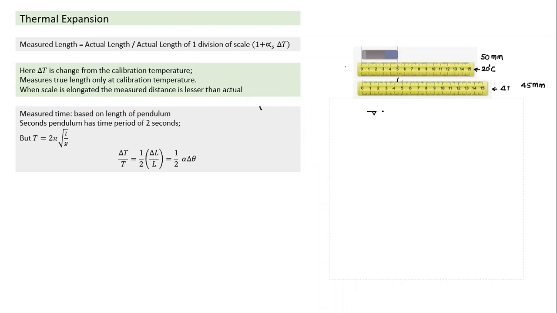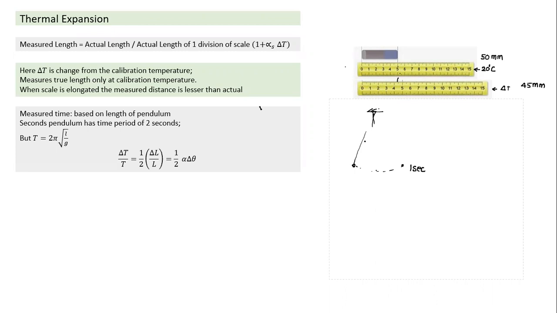Sometimes in questions they may use the wording of just pendulum. Any pendulum is something like this, and a pendulum has a particular time period. In some old watches, you may see a pendulum kind of thing. A second pendulum has a time period of 2 seconds. It means from one extreme to the other extreme, it takes 1 second. For one swing, 1 second; one side 1 second, other side 1 second. So how do you measure time? Each half swing is 1 second, so the number of seconds measured is equal to the number of half swings. If it has made 100 half swings, it means the measured time is 100 seconds.